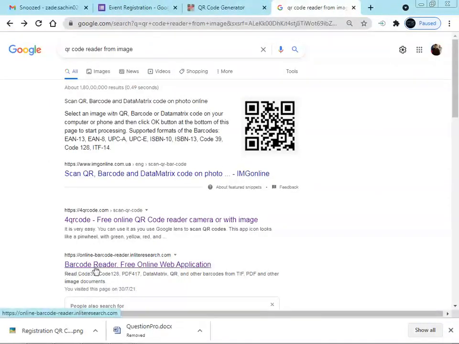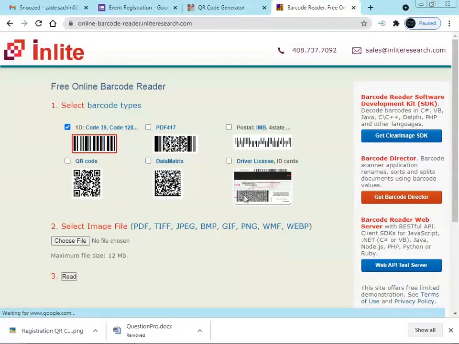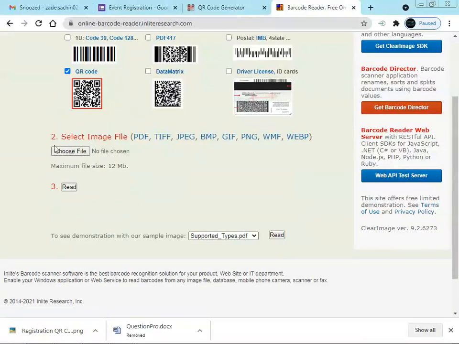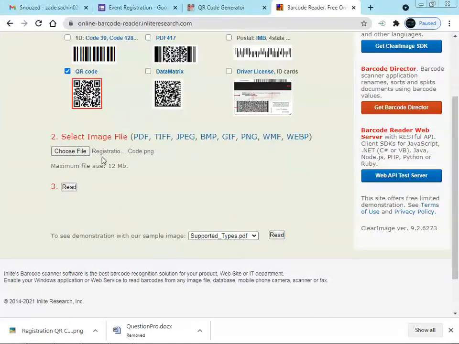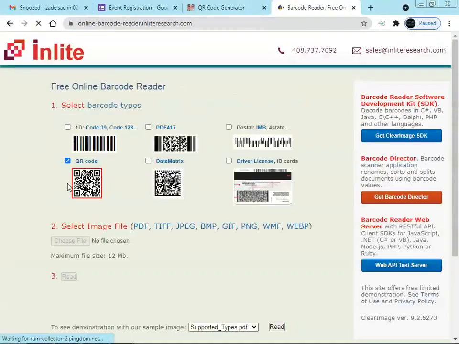So now we will go to the barcode reader, that is nothing but the QR code generator site. On this site specifically we get two different facilities. First one is the barcode type, where we are getting six different types of facilities by which we can scan the particular QR code. We have a QR code, so we will select this QR code. The first barcode we will remove. Now the second option is to select the particular image for which we have to obtain the desired string. So we are selecting the select image file. This is the registration QR code, we just select it, and after selecting this, the third step is just to read it.